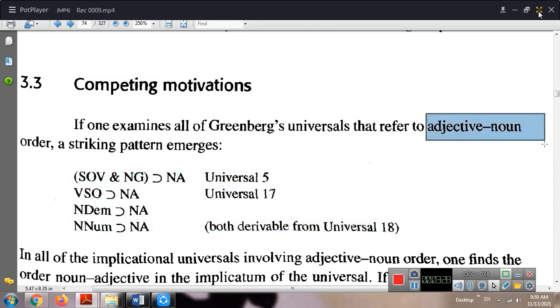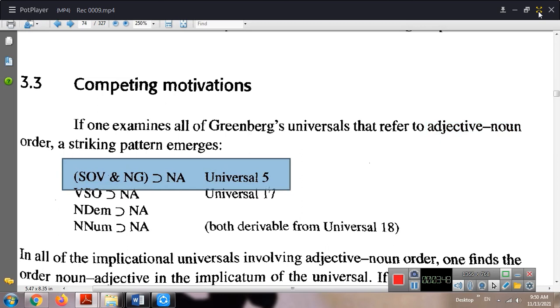Greenberg, in three of his universals, mentioned the adjective-noun order, which are universals 5, 17, and 18. Based on universal 5, we have such an implicational universal: